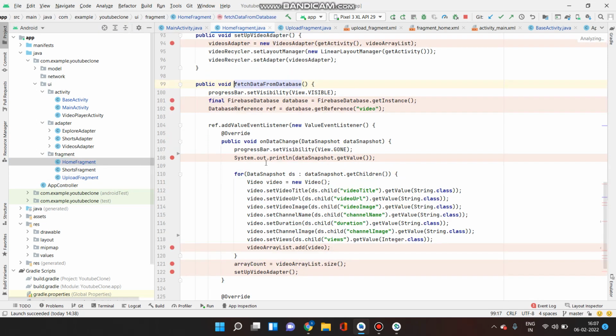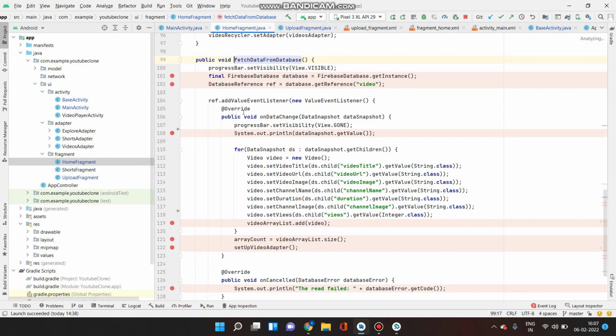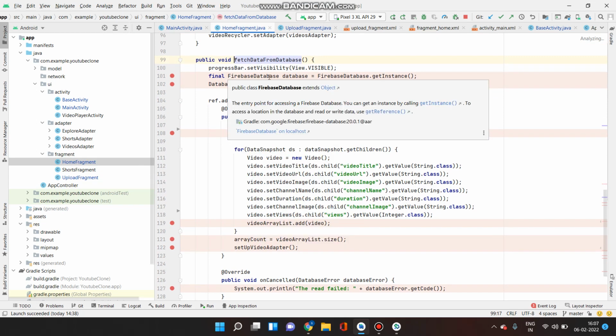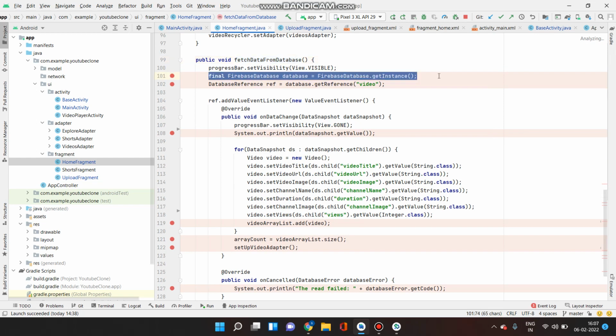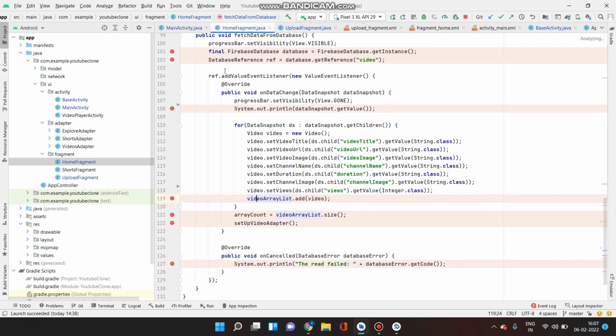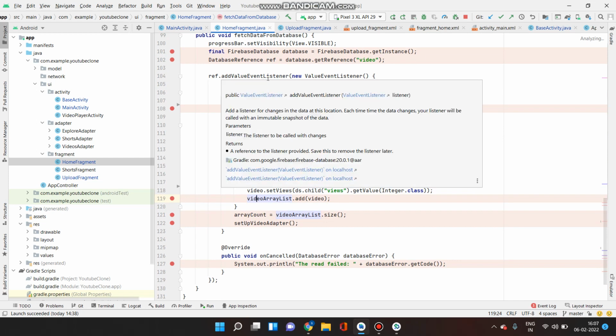So coming to the home fragment. So now let's see how we are fetching the data. So I'm doing the same thing as Firebase database. I'm just initializing that over here, and here I'm getting the reference. This reference is again the same reference as this. So here I'm adding a value event listener.